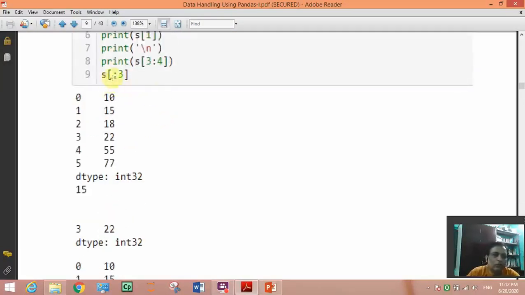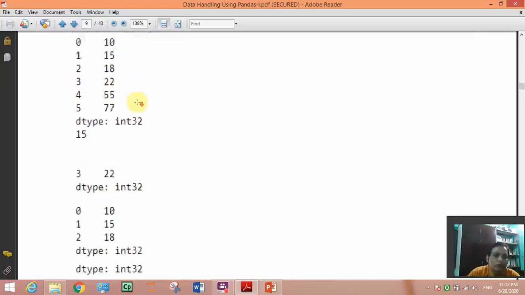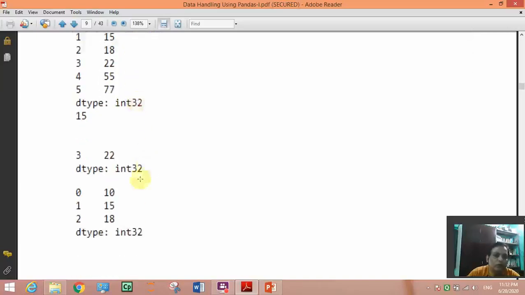Here colon 3 means start from 0 and go up to 3 minus 1, that is 2. So 3 elements will come, 0, 1, 2. So here you can see it is 0, 1, 2 and the elements are there.